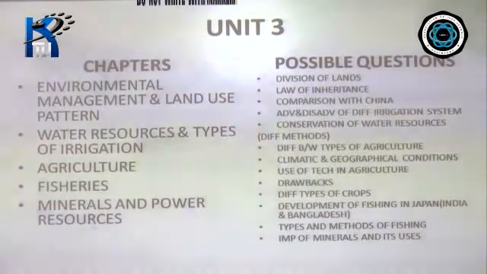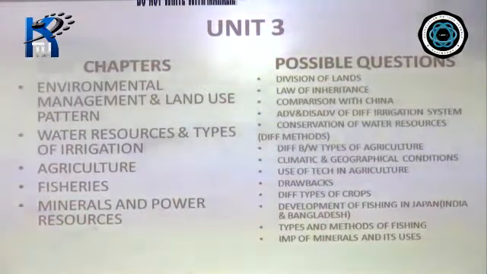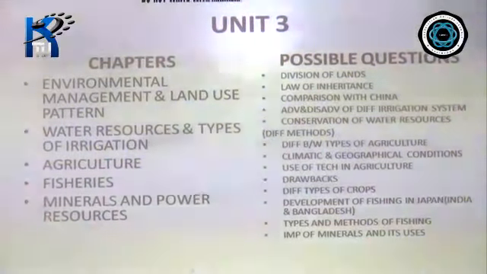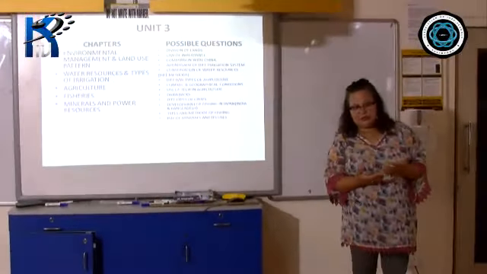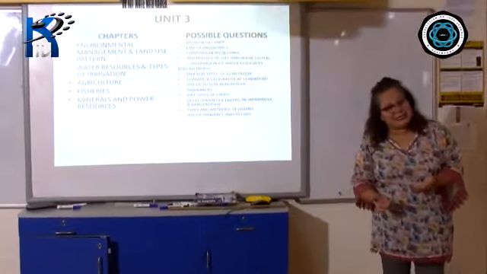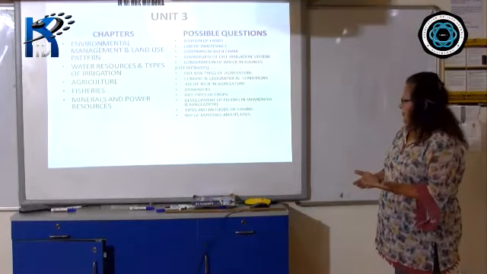We don't have proper tools and technologies and all that. Indian fishermen are not good navigators. India experiences a tropical type of climate which is not suitable for fish to be kept for a very long period of time. We don't have proper canning and freezing facilities and all that. And one of the most important things is that most of the Indians are vegetarians, so the production is less. So these are the reasons you have to remember.